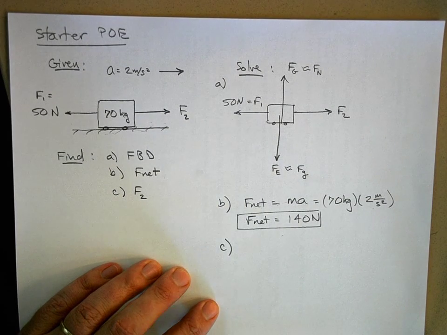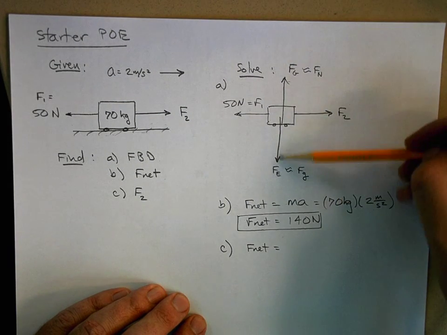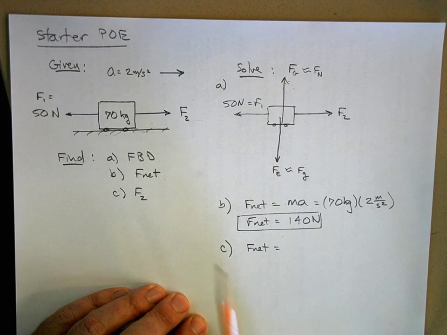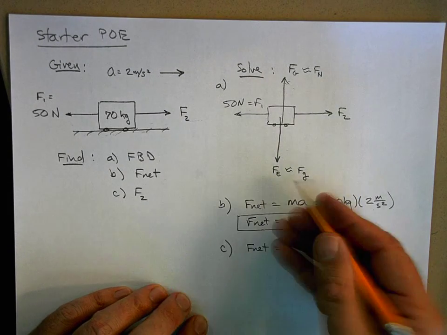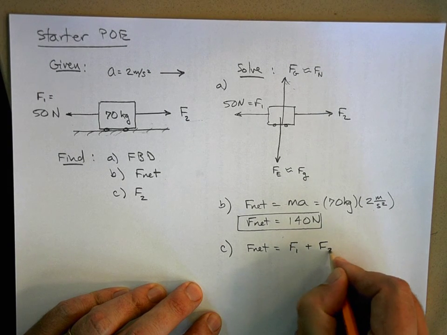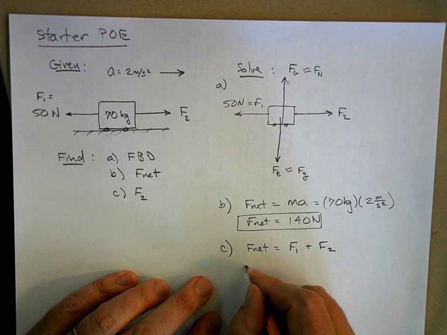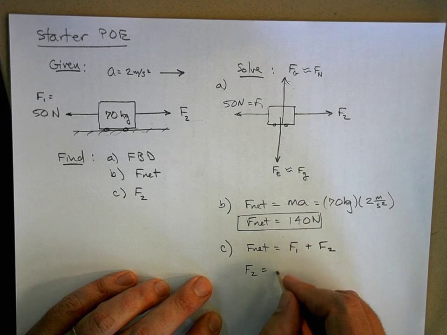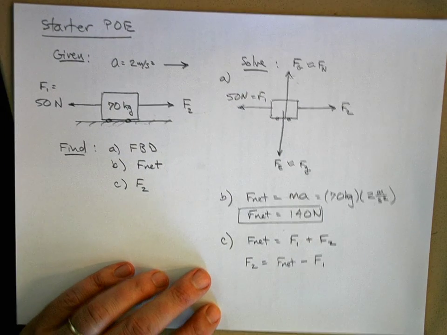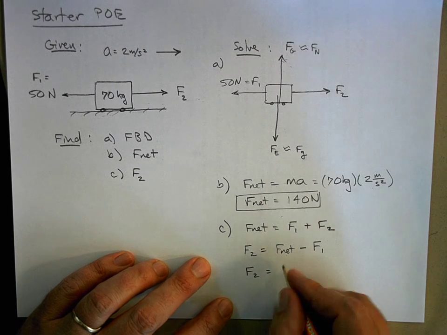Now, the net force is also equal to, well, let's not even worry about these two forces because they cancel out. We're just going to look in the x direction, and we'll say the net force is what you get when you add the two forces together. So I'll call this F1 plus F2. So we can solve for F2. F2 equals the net force minus F1. And so F2 is equal to the net force, that's 140 newtons,